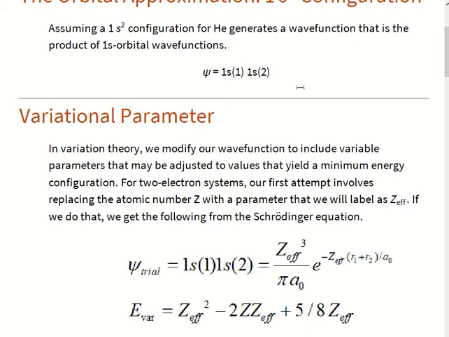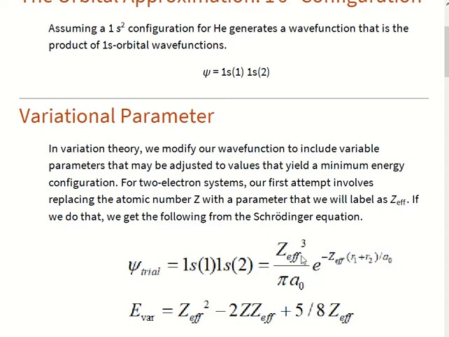So what's our variable parameter? That is, what element of this equation are we going to allow to vary to find a minimum energy situation? If we go back and look at the 1s orbital wave functions, we had the atomic number Z for the nucleus of the corresponding system in the wave function that we see in these positions here. So we had the atomic number Z in the exponent, and we had atomic number Z in the coefficient multiplicative